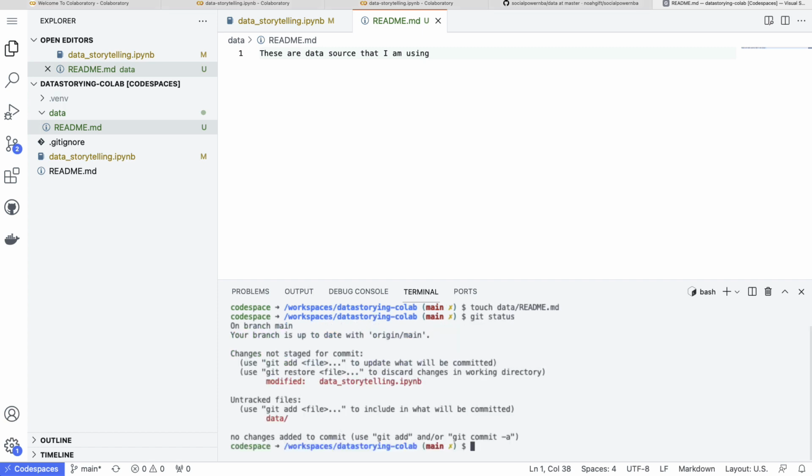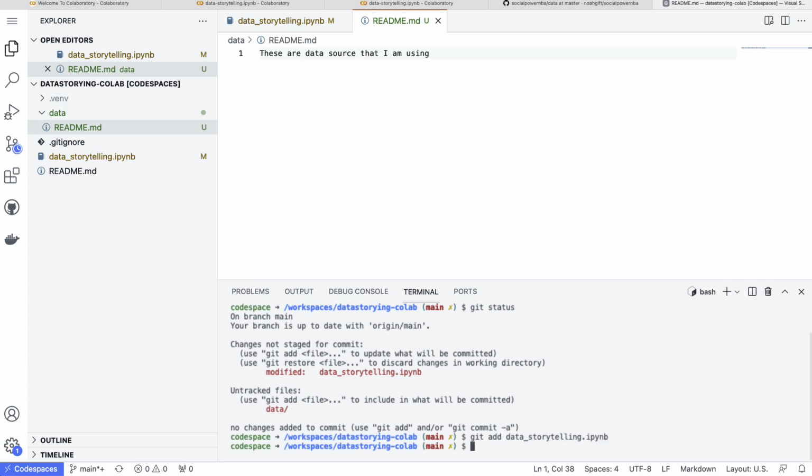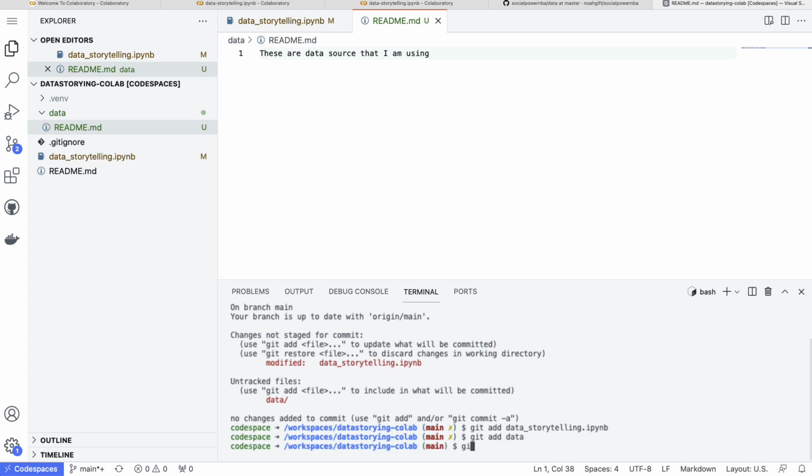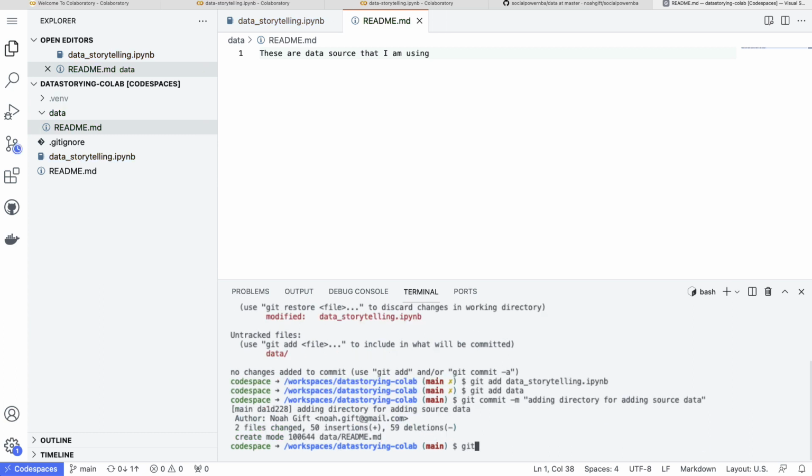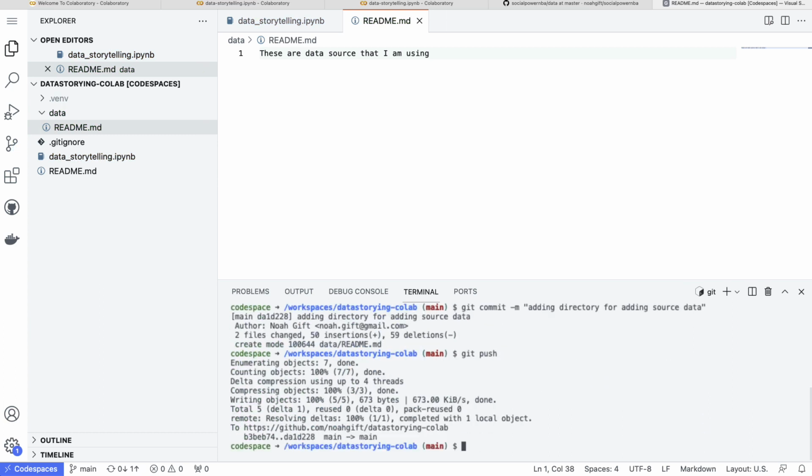And again, this is great. It's like we've got a full development lifecycle right inside of this GitHub code spaces. I can say git add data storytelling. I guess I made a change to that, and I can say git add data, commit this, adding directory for adding source data. There we go. Perfect. And once I push this, now if we go back over to GitHub,